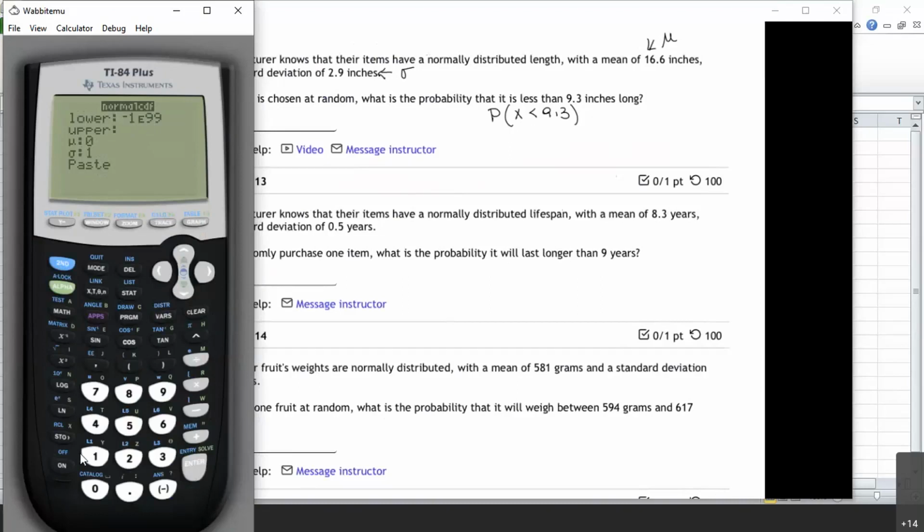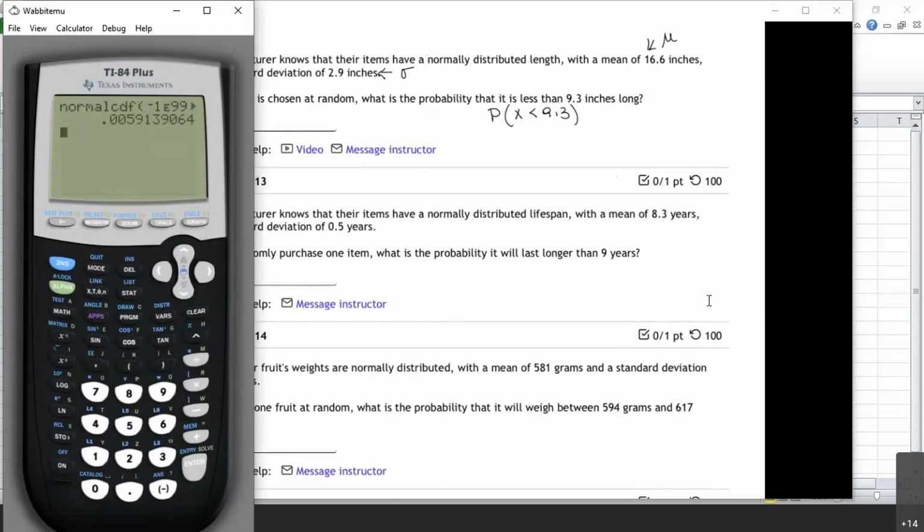My upper value is 9.3. That's the largest item length that I care about, and I'm interested in everything less than that. Then I have to put in the mean and the standard deviation: 16.6, standard deviation 2.9,